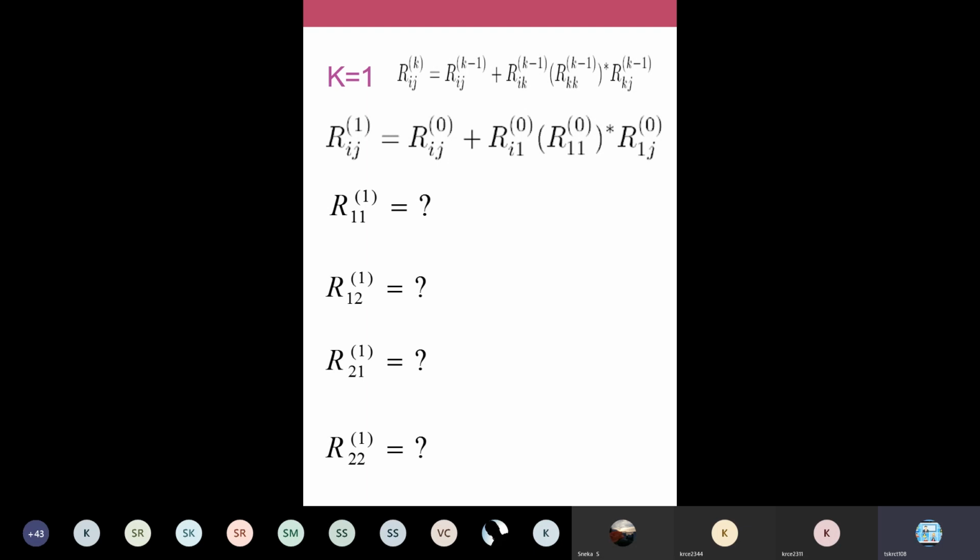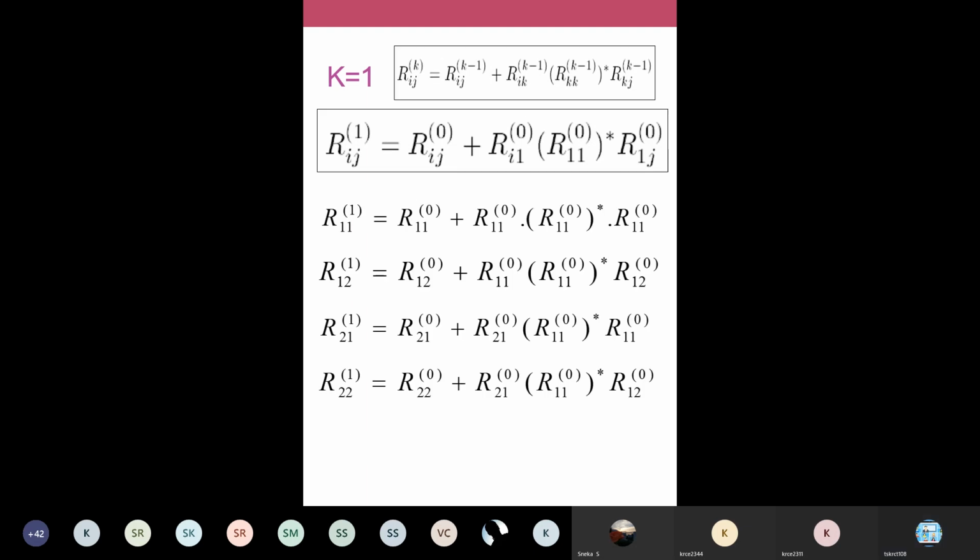I'll read out this formula once again. Rij of k is equal to Rij of k minus 1 plus, you have a plus here, and then you have Rik, Rkk and Rkj. And for Rkk of k minus 1, you will have a star. It means that we are doing repetition. It means that in this intermediate state k, we are repeating some number of times. Imagine if we have a self loop in state k, we are repeating some number of times. Therefore, we have a star here. So after substitution, we find out all these 4 values. We do substitution and find out these regular expressions.